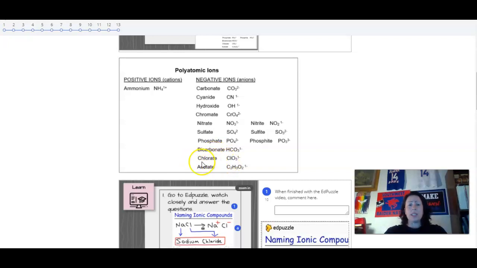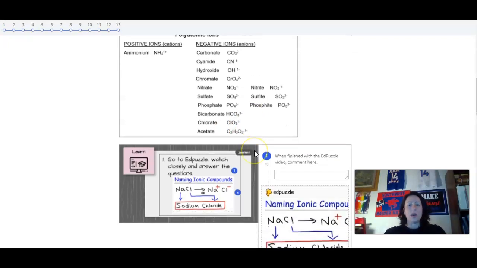Chlorate is one of the things that goes into making bleach. And then acetate is vinegar. That's the ion that's in vinegar. Okay, so